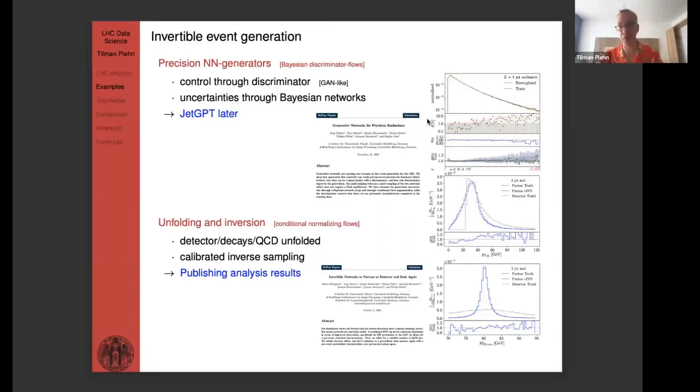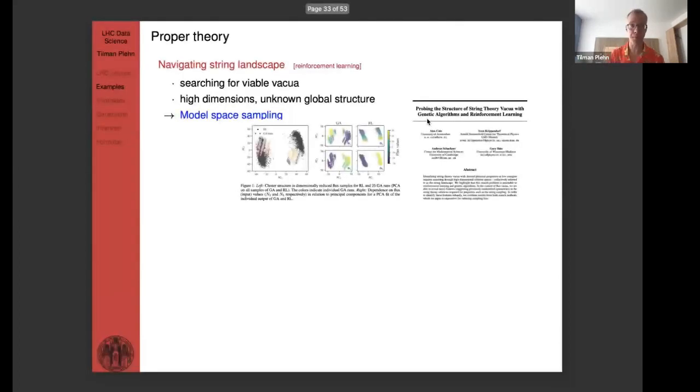The same thing with unfolding. Unfolding has been around for a long time. Essentially, the question is, can I look at a particle configuration of an event after the detector, and infer what that event had to look like at parton level or something like that. This is what we call an inverse problem, for a much broader audience. And LHC physics has its own kind of inverse problem, and that is called unfolding. I'll talk a little bit about that later.